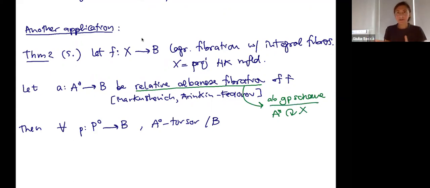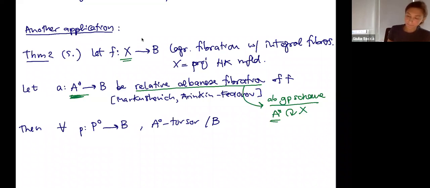And so on the smooth locus, it's just the same family of abelian varieties, except that it has a section. And then on the singular locus, you're adding degeneration of abelian varieties. But here, this is not a projective morphism. The fibers of this morphism will not be compact because it's a group scheme, with non-compact fibers. When the fibers of X are singular, then the fibers of this will be